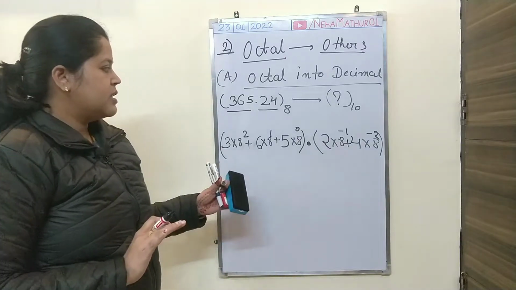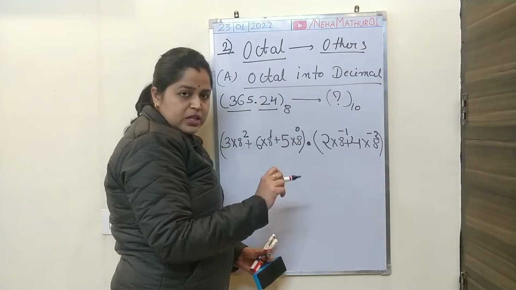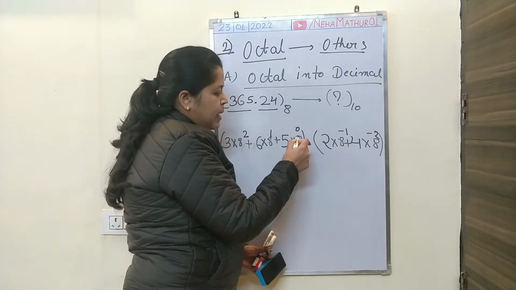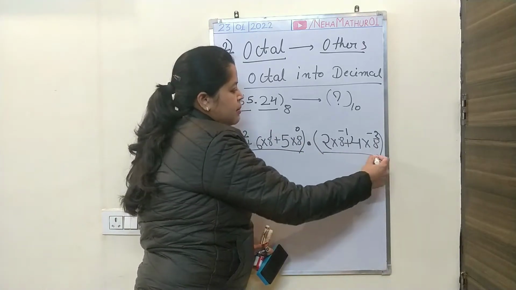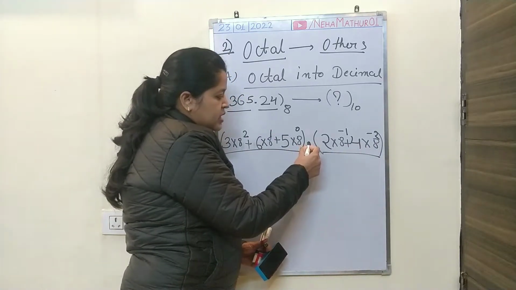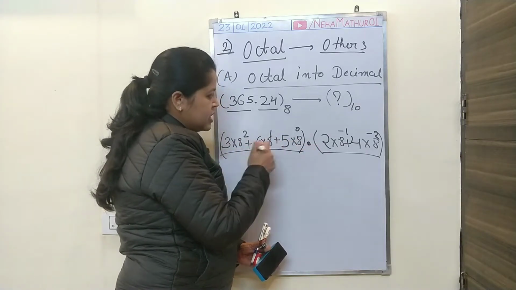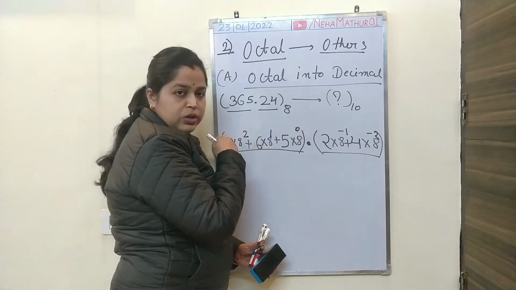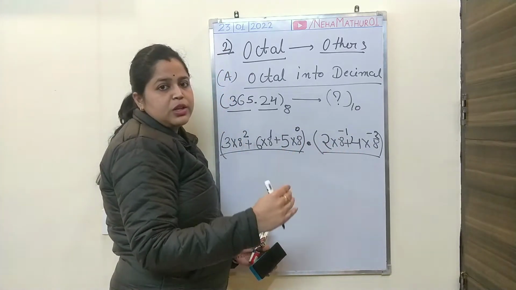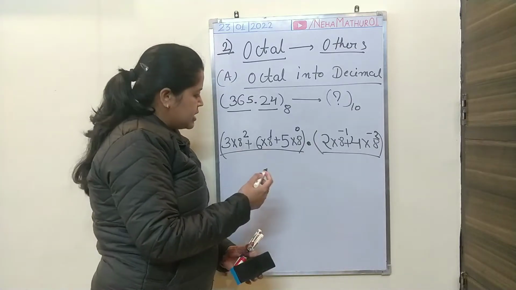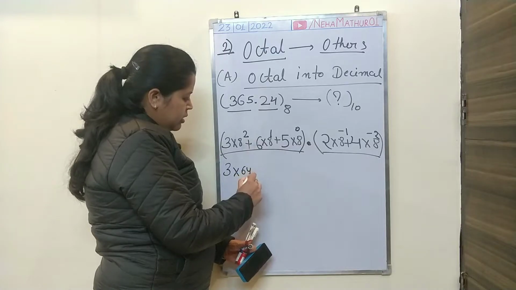Fine. So this is the basic concept. I am again repeating, if you have a number with a point, you will have to apply powers for the integer part separately as well as for the fractional part separately. If you have a point, then in the left section the powers will start from 0, 1, 2, 3, 4, 5 and so on, and for the right section the powers will be -1, -2, -3 and so on. So now the next is the solution of the concept, and it will be 8 8 is 64